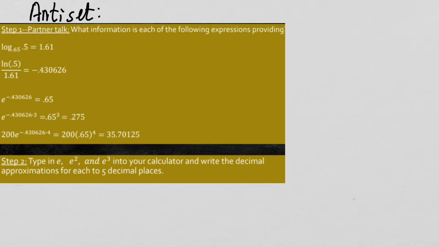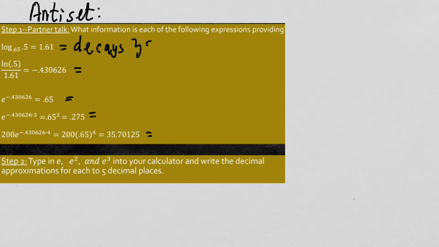Okay, so let's take a look at this warm-up here. You are explaining what this information means for each of these expressions here. We have 1, 2, 3, 4, 5. So let's take a look at the first one here. This log base 0.65 of 0.5 equals 1.61. This is saying that it decays 35%